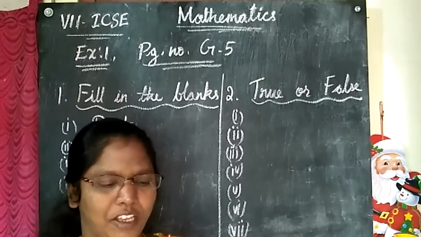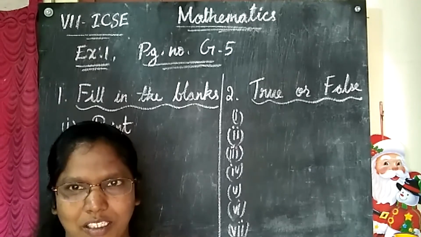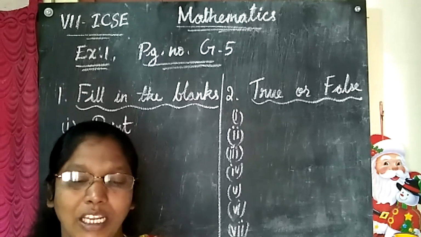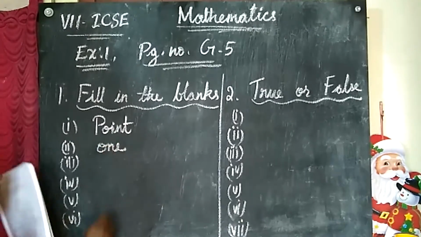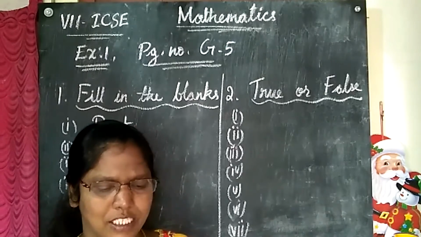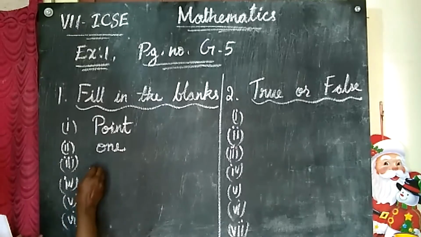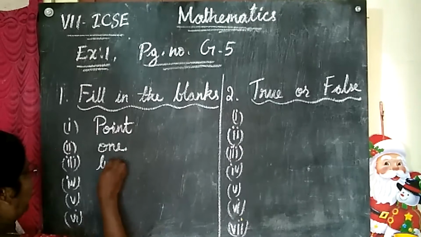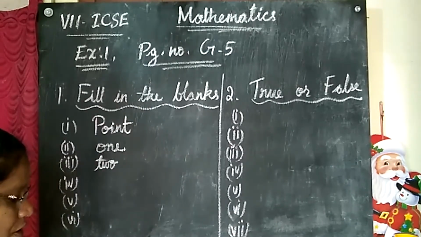Second one, the number of straight lines passing through two distinct points is what? Two distinct points are given. Through that, how many lines can we draw? Only one. So one is the answer. Third one, only one line passes through dash given points. This is asked in another method. So what is the answer? How many points do we need to draw? Here it is given 2 points.